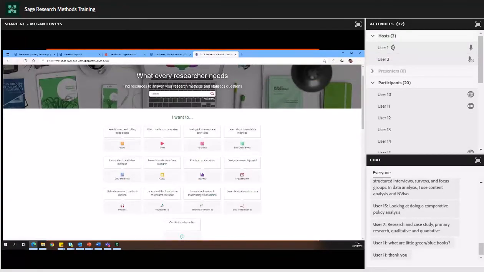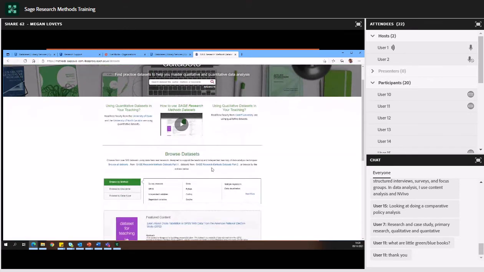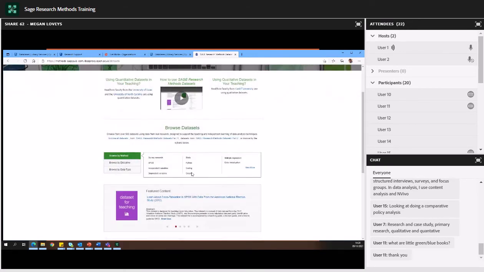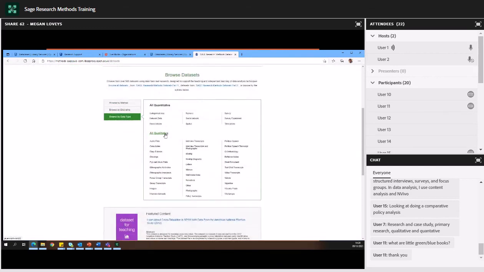Next, we've got data sets. So data sets are a series of practice and teaching data sets which give you the opportunity to practice your data analysis and skills on someone else's data before jumping in and doing it on your own. So it's a really useful tool just to help you practice your data analysis skills. You can browse by method, discipline, data type, so you can choose to look at all quantitative or all qualitative data sets. So if I do that,